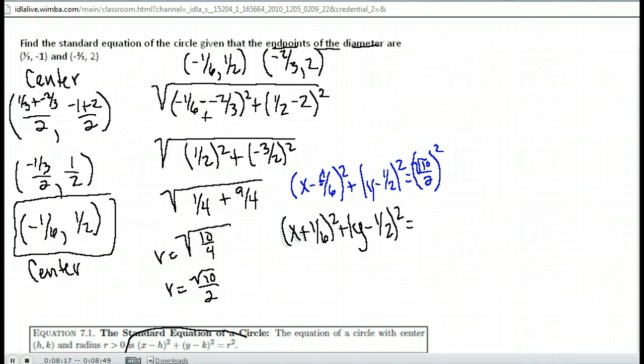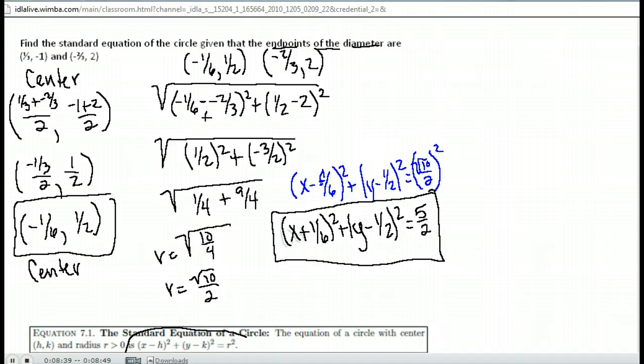Now the square root of 10 over 2, squared: root 10 squared is 10 and 2 squared is 4, so we can do a bit more simplification. Notice 10/4, if I reduce that, so I'm just going to erase that and go ahead and reduce, it gives me 5/2. So there we have it. The standard form of this equation would be x plus 1/6 squared plus y minus 1/2